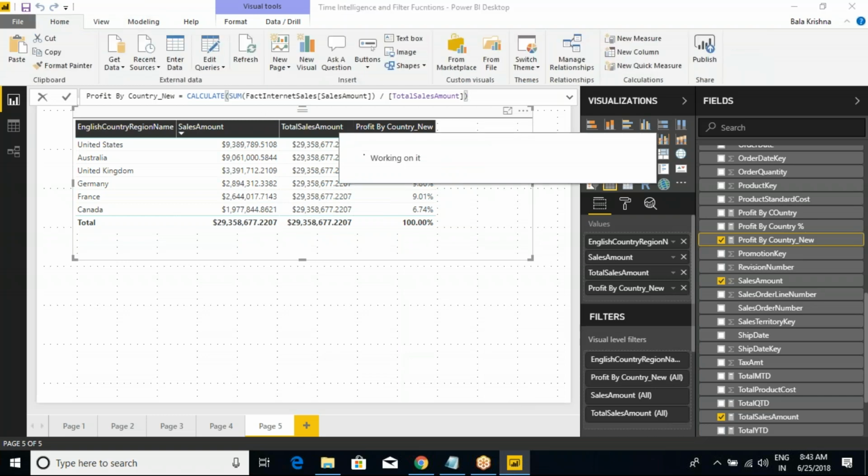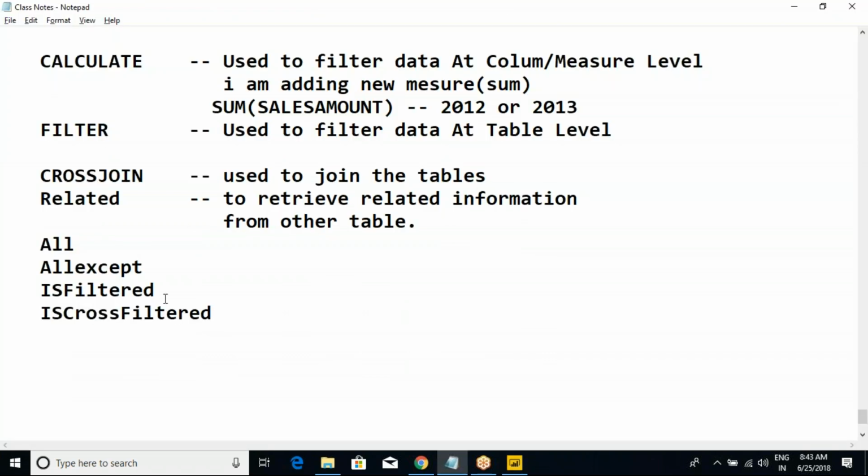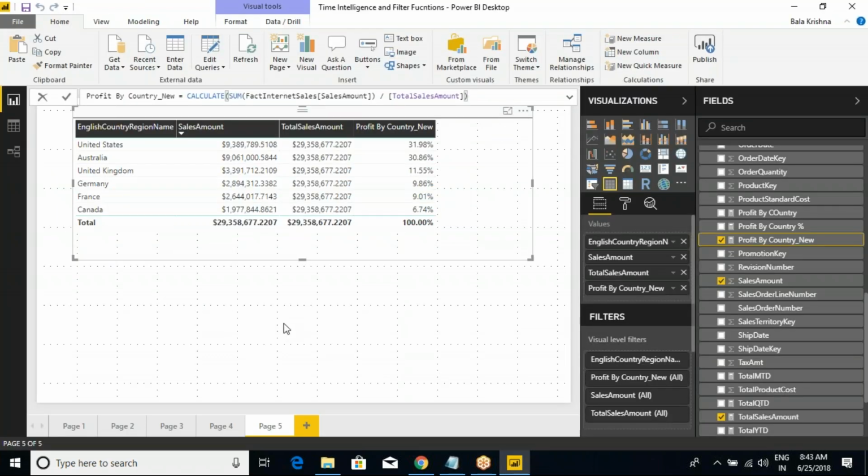Anyone has any questions till now? You can use all these functions wherever you want, not only for this 90% case. It will help you derive percentages, because percentage is always very important, right? Doesn't matter whether it is last year versus this year, or last quarter versus this quarter. For example, I will give you one more example with the help of,